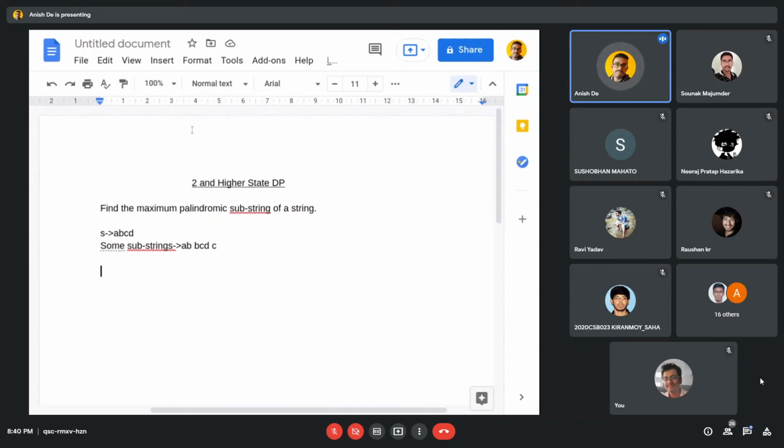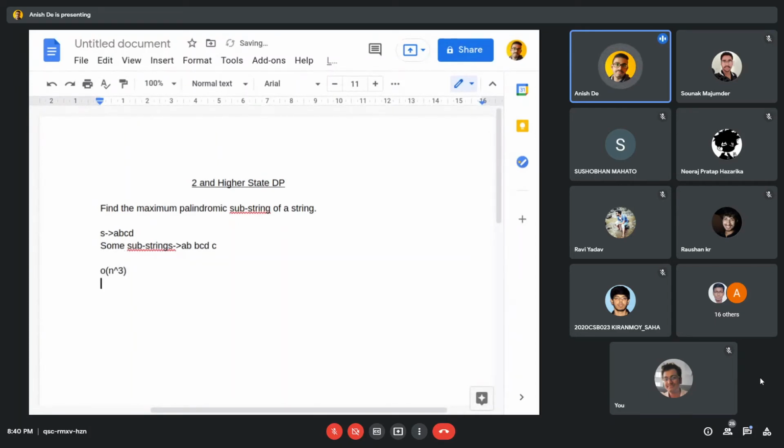Susabon was telling that we can take every substring and check whether it is palindromic or not. So it is a right approach, correct approach. The only problem is that the time complexity will be O of n cube.